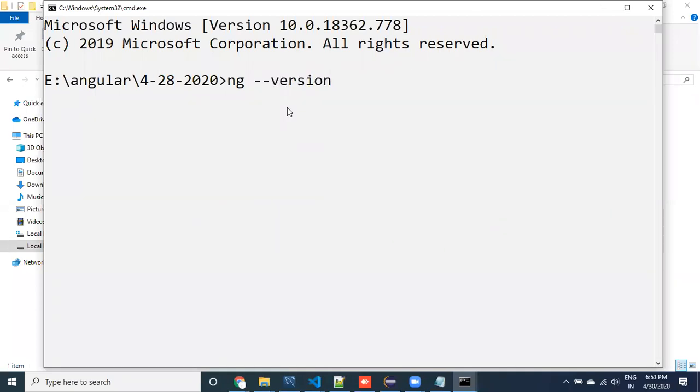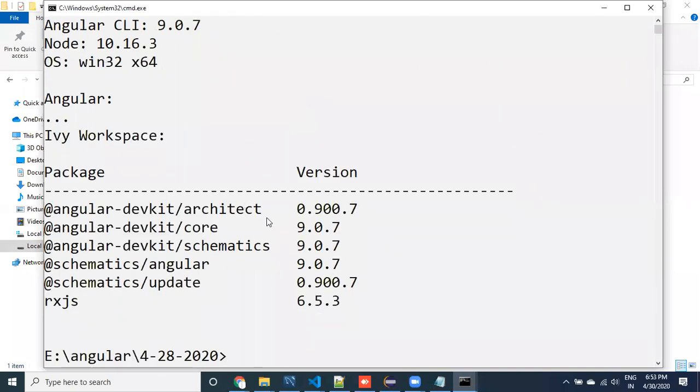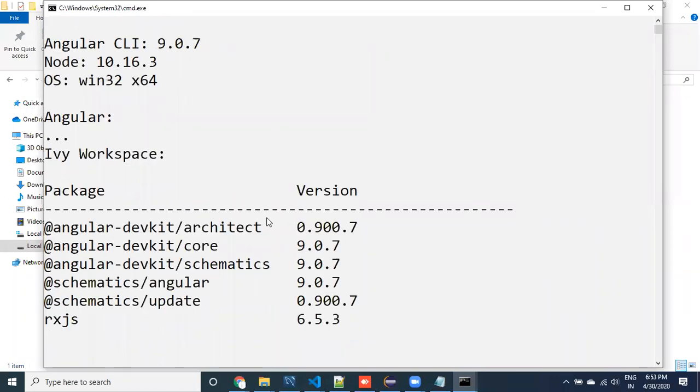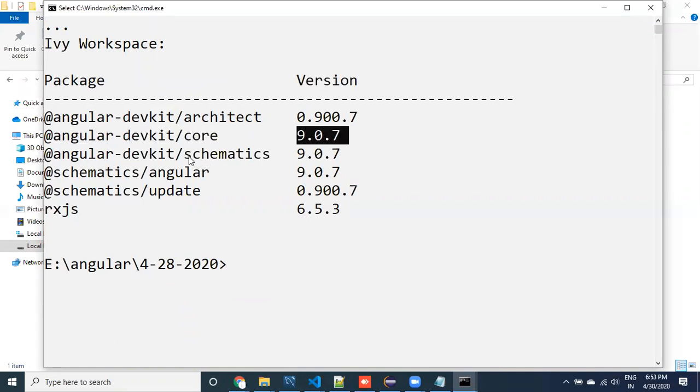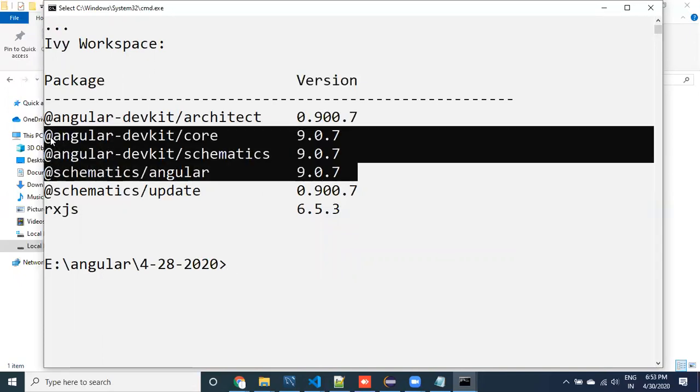version. It will show you a list of versions, guys, because Angular is not one thing. Angular is a framework containing multiple things internally. It will show you different things related to which version. See here, this is Angular core, version 9. Semantics is related one. This is a framework related one.